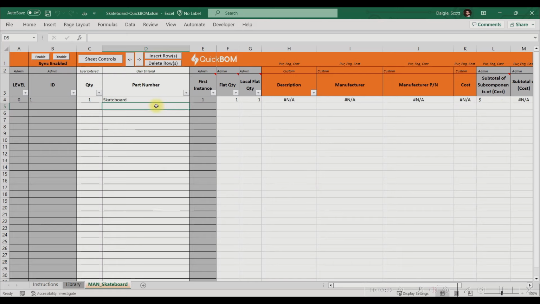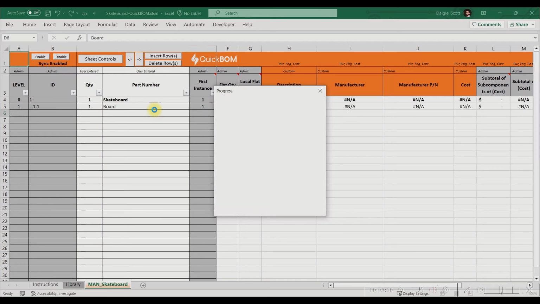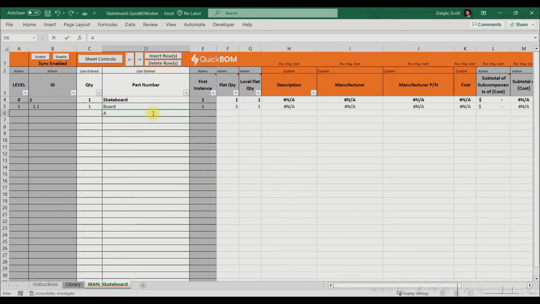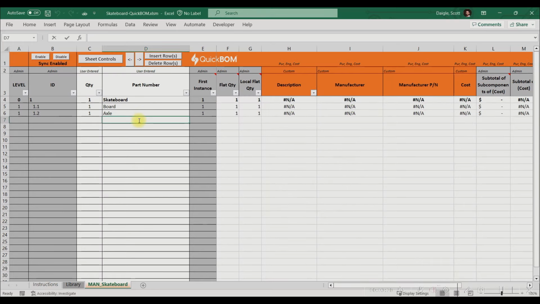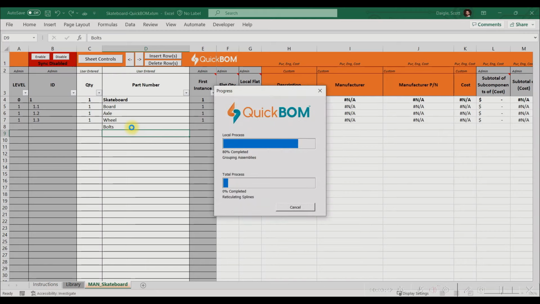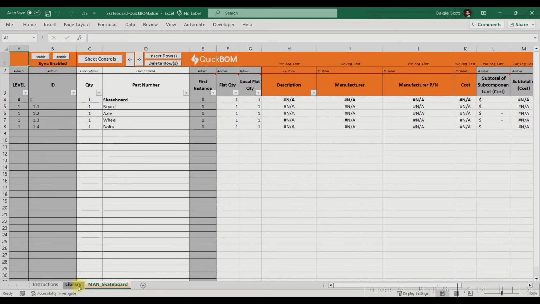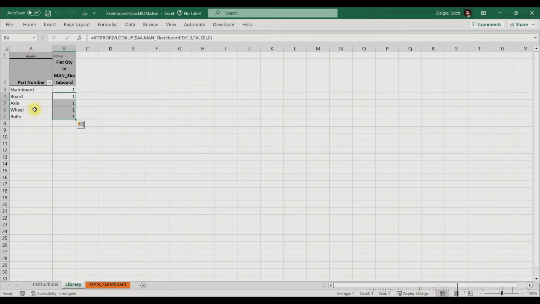Next, we'll start adding the components of the skateboard. They are the board, the axle, the wheel, and of course, the bolts. We'll type each one and hit Enter. QuickBOM takes a second to think about each one because every time you add a part, it's also putting it in the Library tab too. At the end of this video, we'll talk a bit more about what the Library tab is doing, but for now, let's go back to the